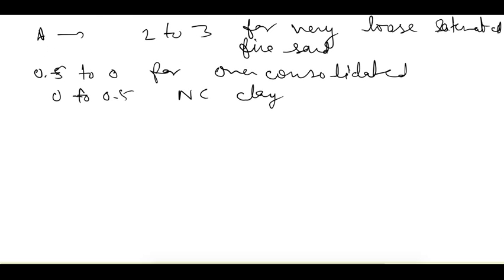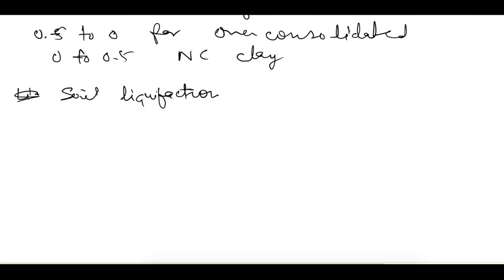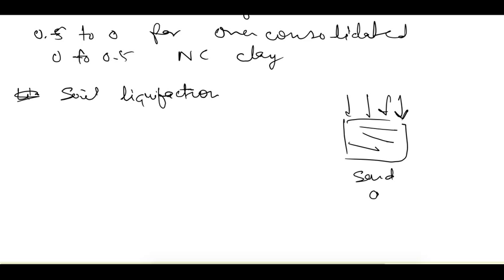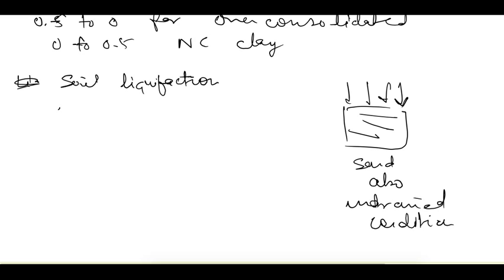So the last thing that is remaining in this unit is the soil liquefaction. So I want to give some idea about this thing. So what is soil liquefaction? As I talked earlier, if the loading is rapid enough, it means if this rate of loading is too high, then in coarse grained soil, for example in sand also, undrained conditions are possible. So this phenomenon happens in saturated loose sands.